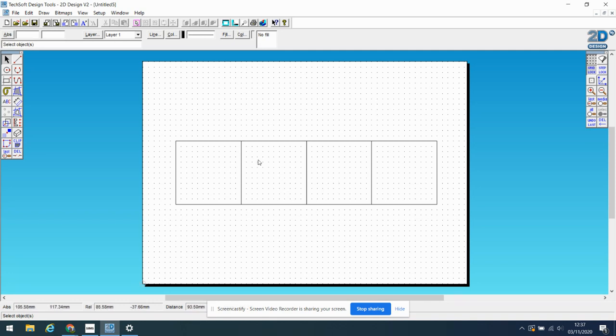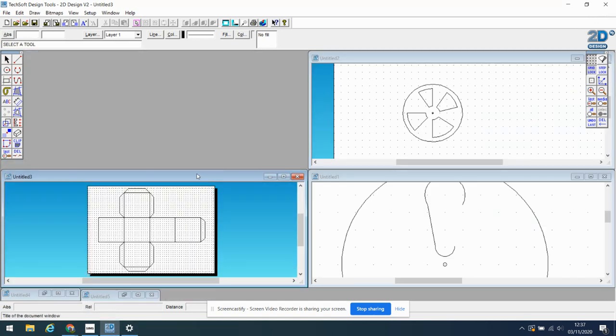Now, you know that a cube has got 6 sides and we've only got 4 there. So we need to draw another 2. So highlight one, copy it. The beauty with CAD is once you've drawn something once, you can just highlight it, copy it, and just reposition it. All right. Now I've got the basic outline there of my net, but what I'm really missing now is